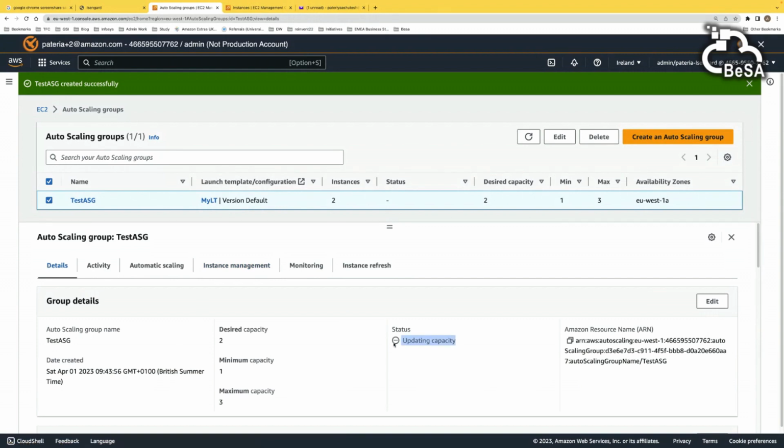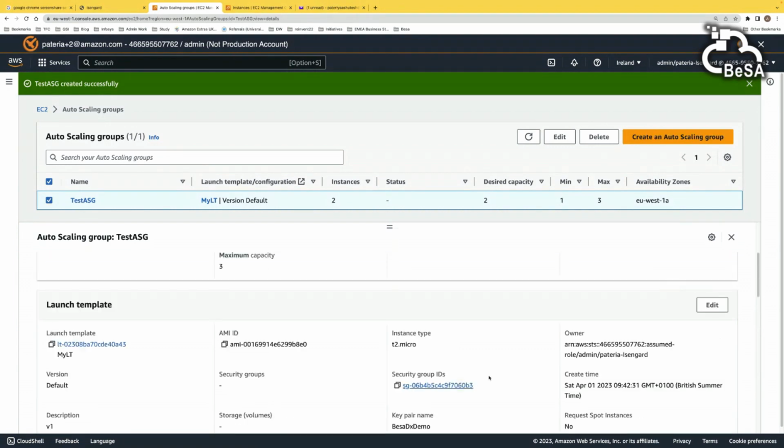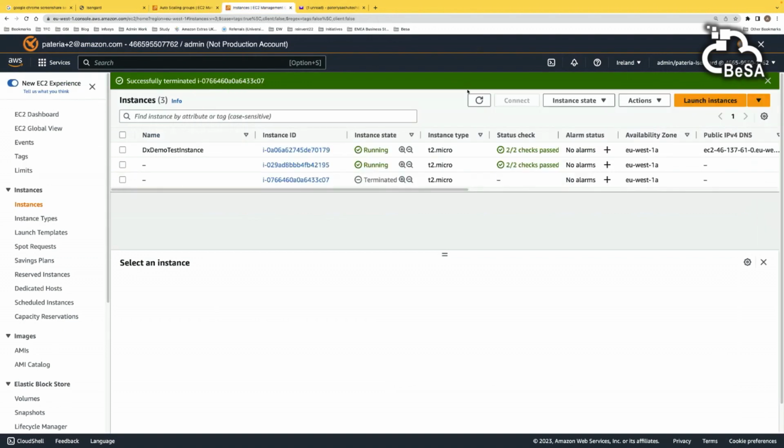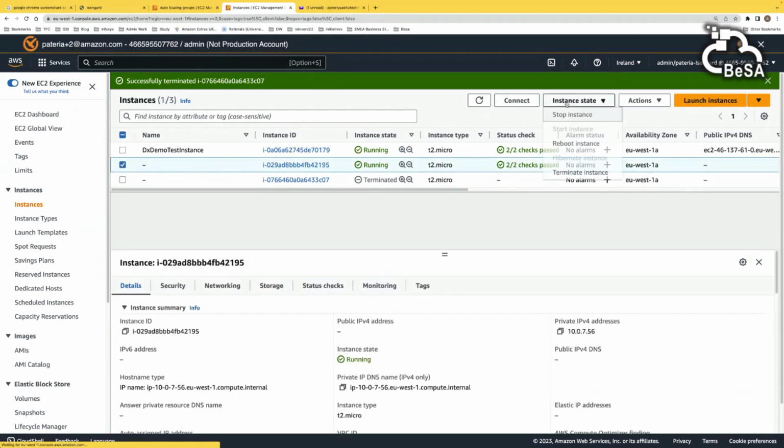So it is actually updating the capacity, so we can just wait for some time and it will happen automatically. Maybe let's terminate one more instance to force it.